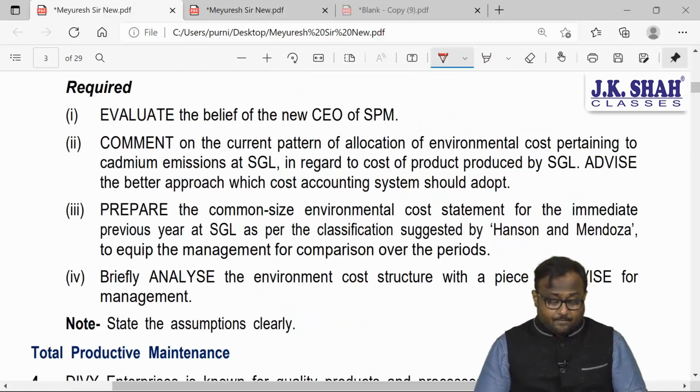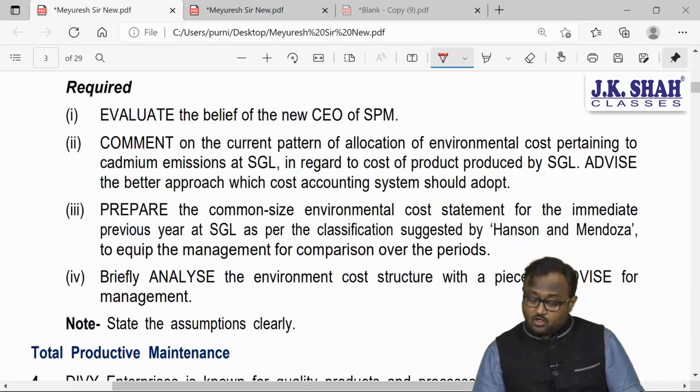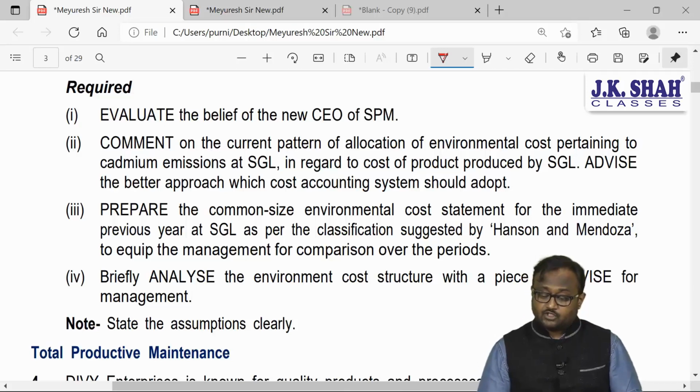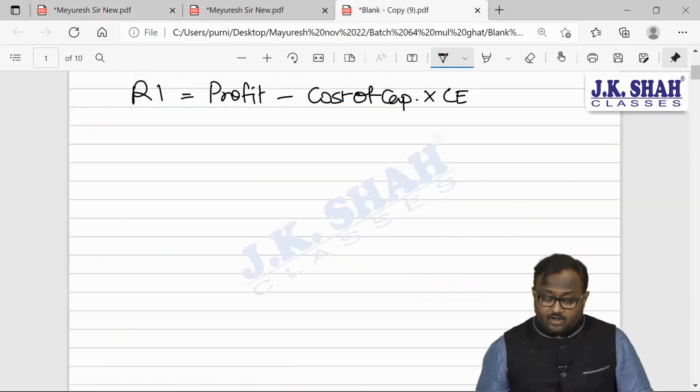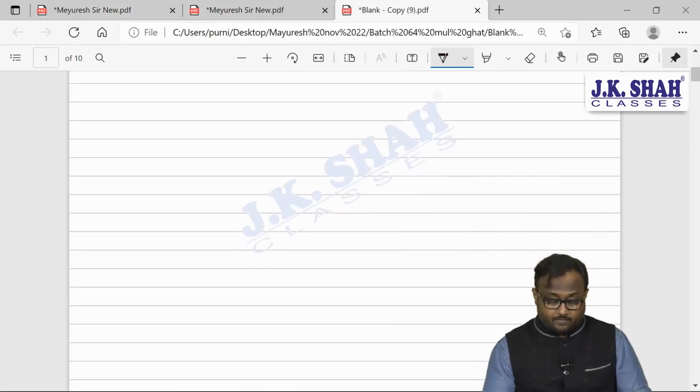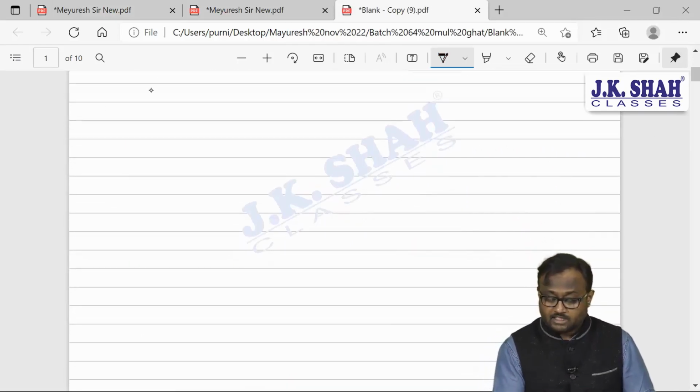Point number 3, prepare the common size environmental cost statement for the immediate previous year SGL as per the classification suggested by Hansen and Mendonca to equip management for comparison over the periods. If I want to go for environmental accounting, I need to go for the classification. See, understand this very clearly. If I am going for environmental accounting, I need to classify my expenses as